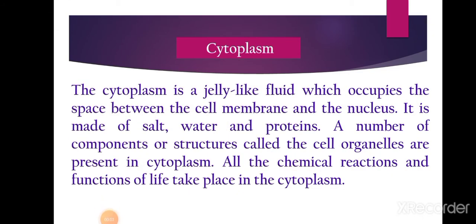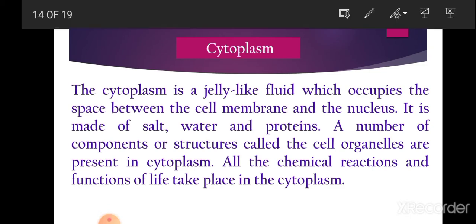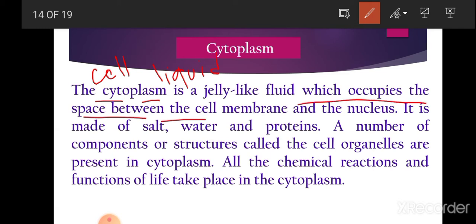Now the next basic part or component of a cell is cytoplasm. The word cytoplasm is made up of two words, cyto and plasm. Cyto means cell and plasm means liquid. So it is a jelly-like fluid, meaning it is a jelly-like liquid which occupies the space between the cell membrane and the nucleus. As we have studied, three basic parts are there: